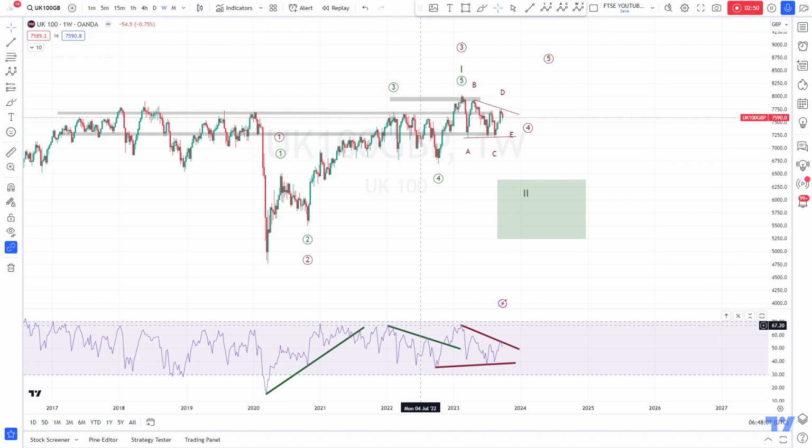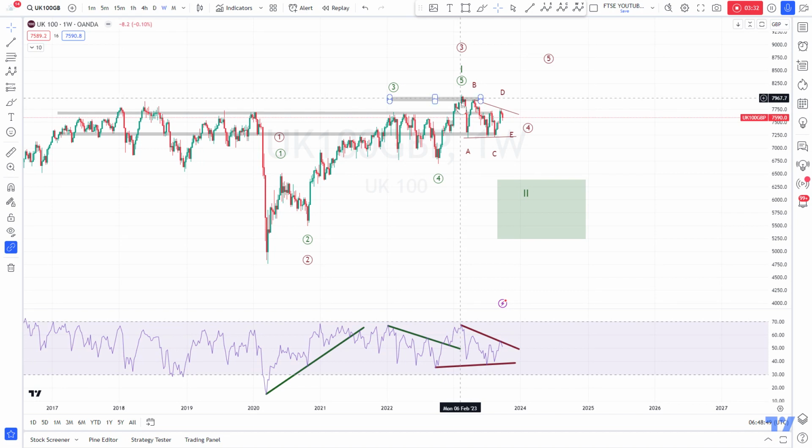Like I already told you in earlier videos, we have some divergence here, but it is not really outspoken compared to our wave 3. So therefore, it is still possible to make another high here in price with divergence here on the weekly. And so if we have to make a new high, I would call for a triangle here as a wave 4. So that would mean that the wave 3 was in here, and that we are now doing a triangle,